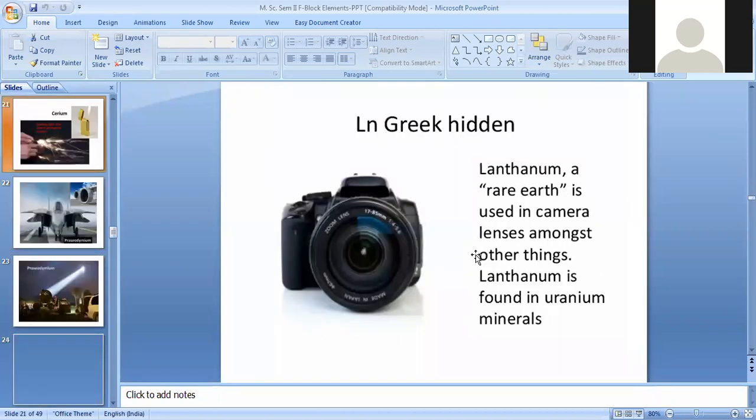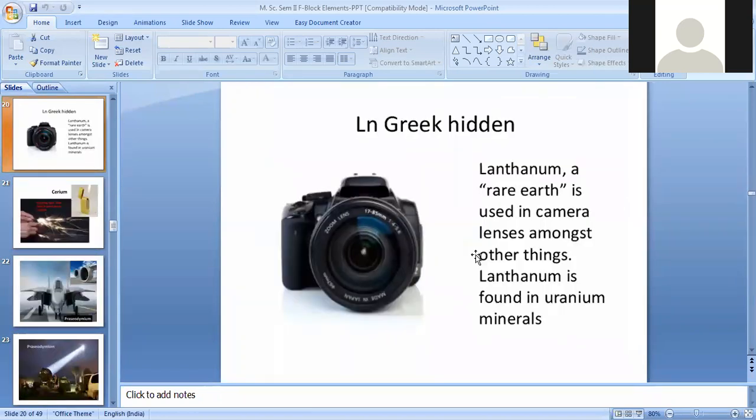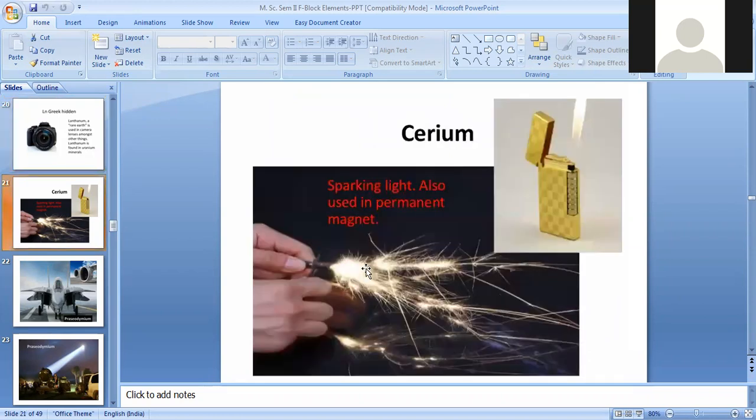Then see here, lanthanum is used in camera lenses amongst other things. So the lens of a camera, including nowadays mobile lenses, also contains lanthanum as an element. Then cerium is used in permanent magnets, where the manufacturing process involves cerium.